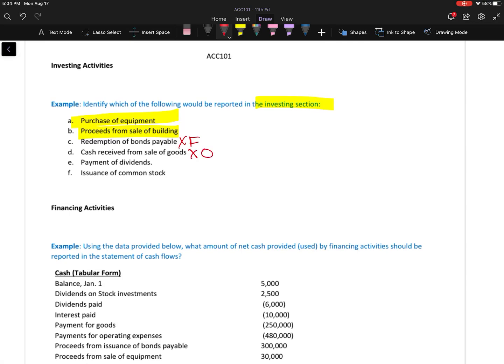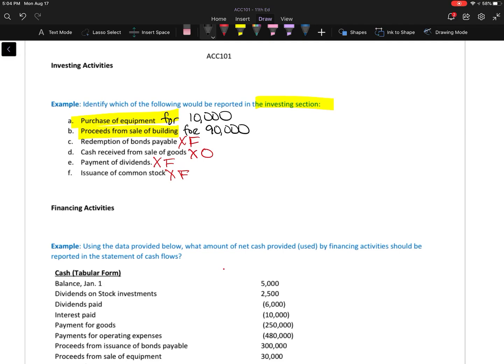Redemption of bonds payable. That would not. That's a financing. Cash dividends from sale of goods. That would not. That's an operating. Payment of dividends. Nope. That relates to stocks, bonds, and notes. That's financing. An issue of common stock. Nope. That's also financing. So the only 2 would be the purchase of equipment and proceeds from the sale of